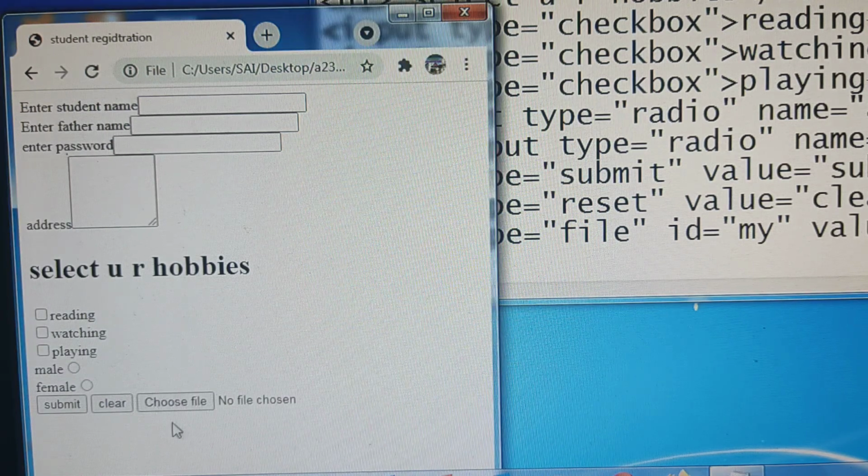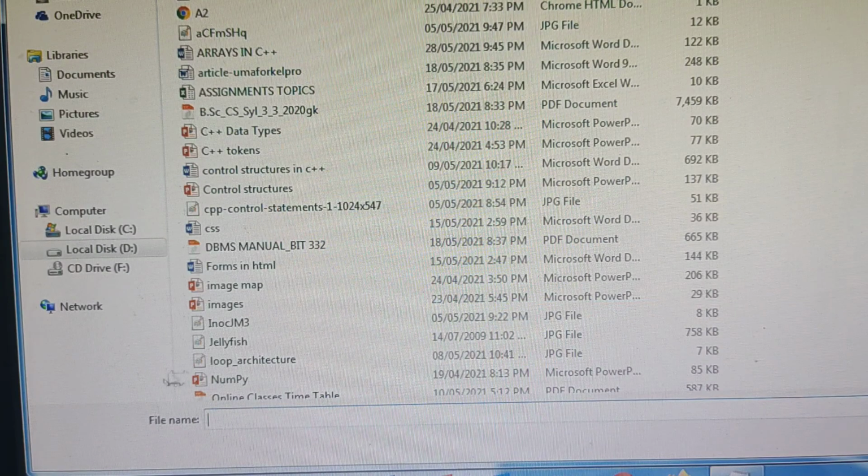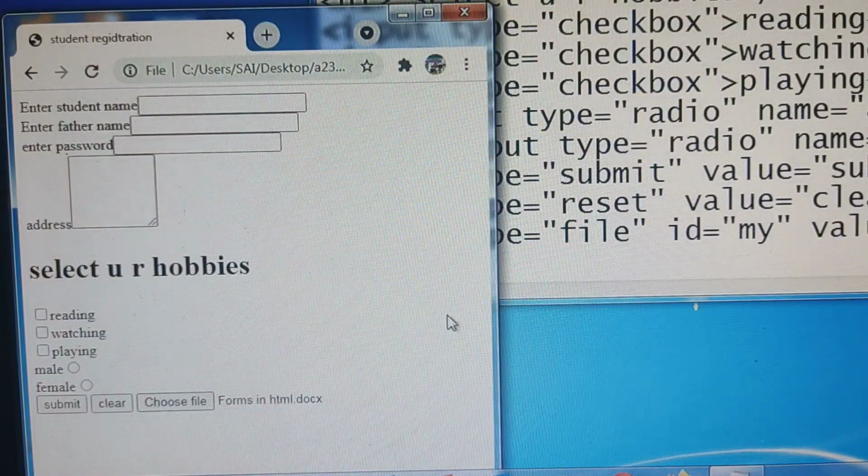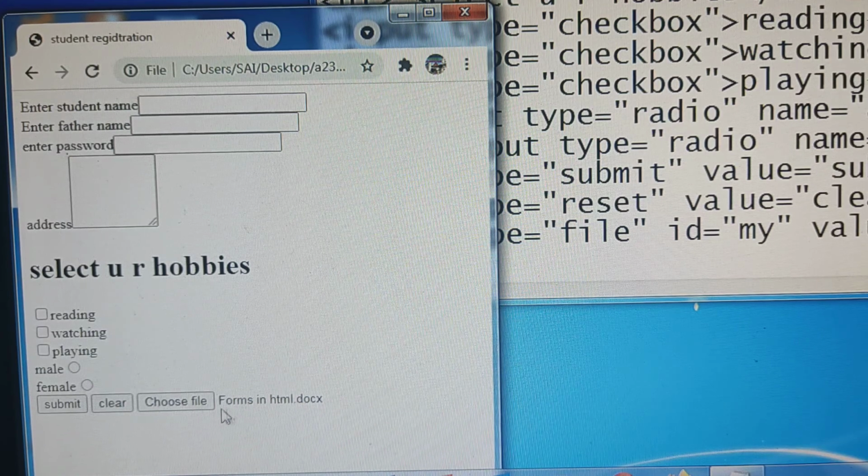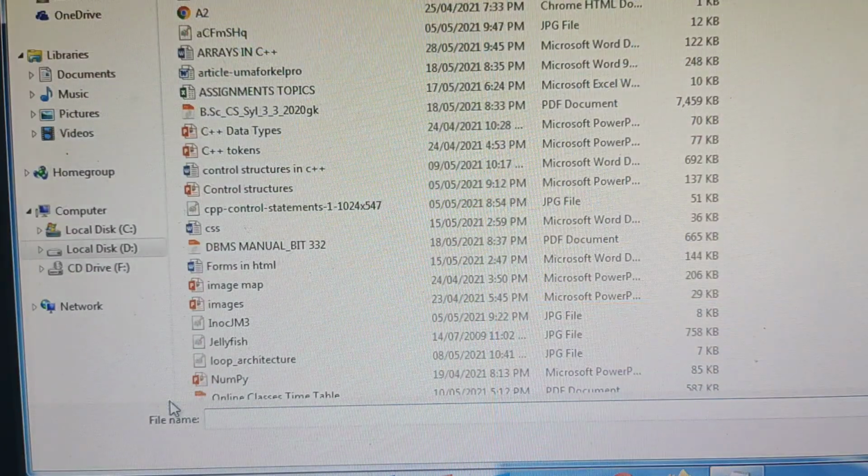Refresh this. Choose file. When you click choose file, it will ask you to select one file. For example, if you select a file and open it, and then submit, your file is submitted to a server. So choose file is like a file upload option.